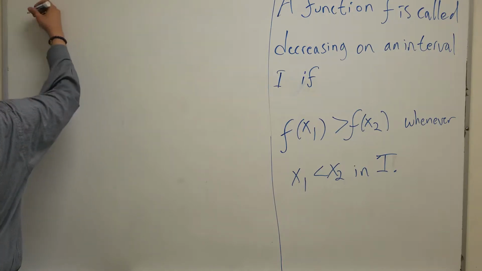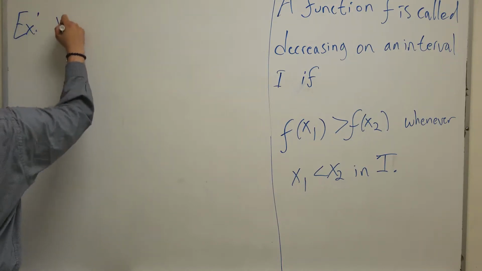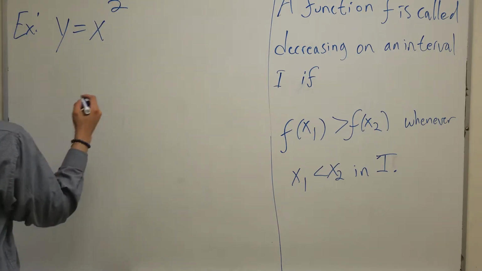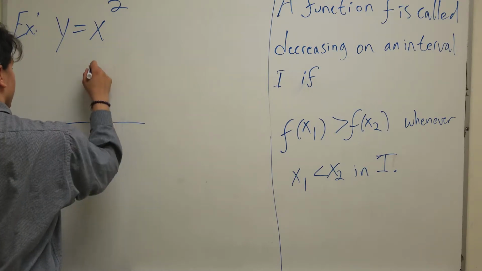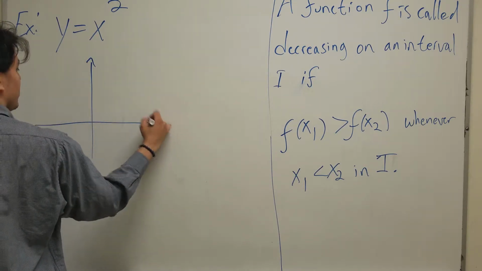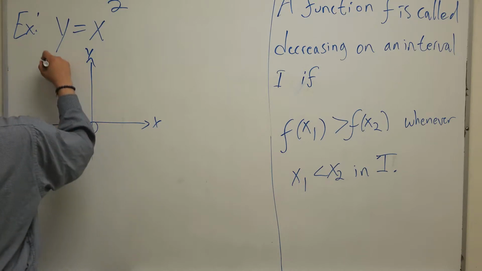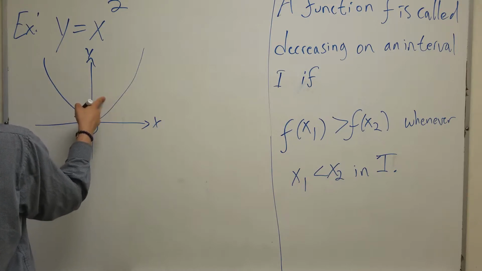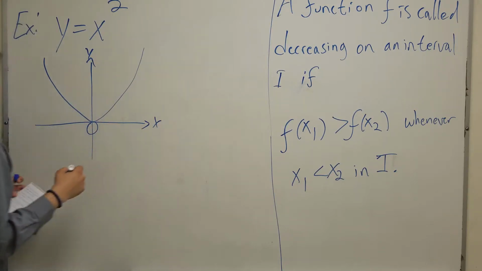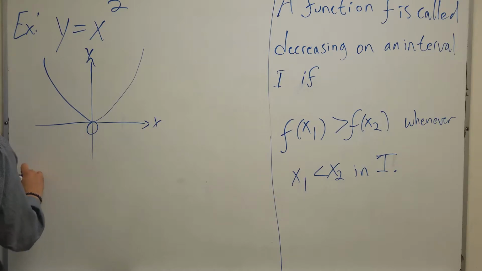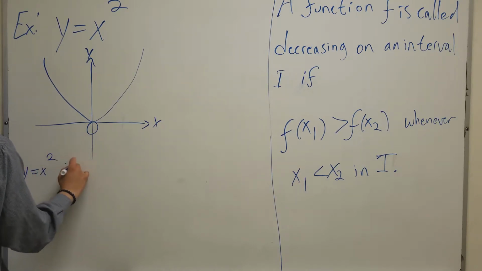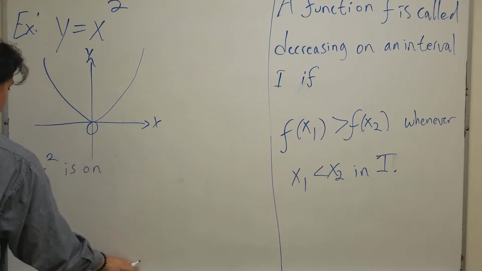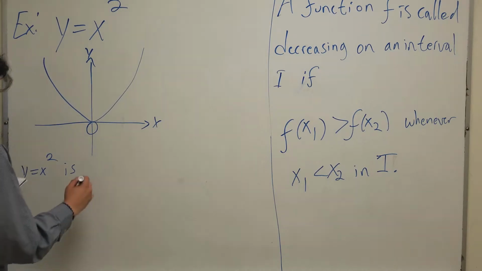One of my favorite ones, the example we'll be using, is y is equal to x squared. So again, visually, it looks like this. Here's your x-axis, your y-axis, your 0, and it goes down and shoots up. So that's my function here. So we can agree that y equals x squared is